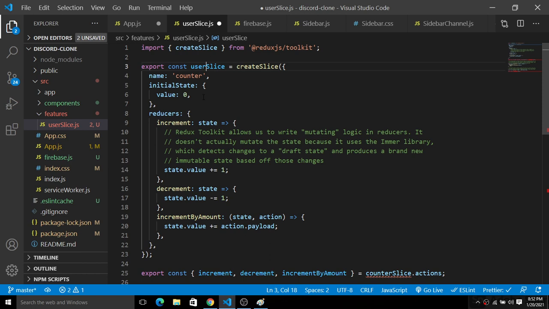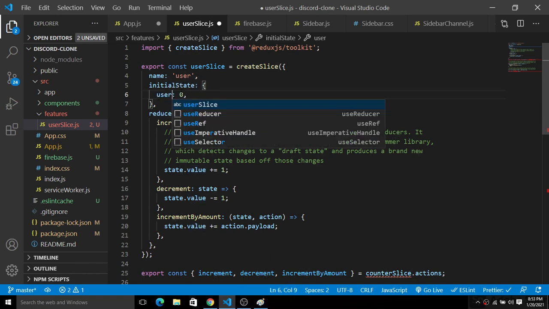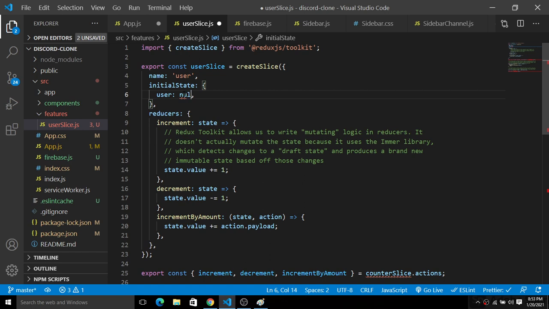So basically, to create a user state here, as you can see, we have this name. Instead of this counter, I will simply rename this with user. And for the initial state, we have this user. For this initial state, user will be null, just like this.